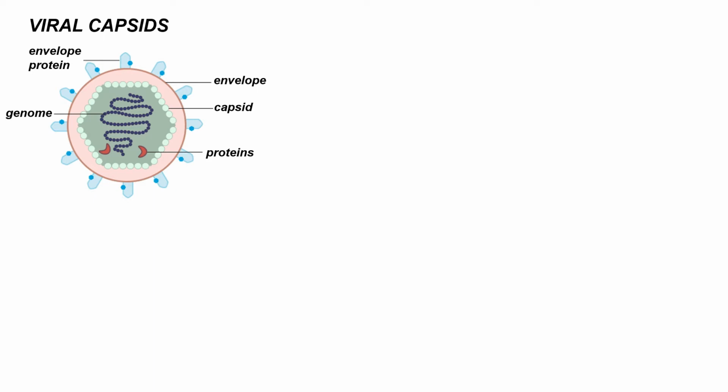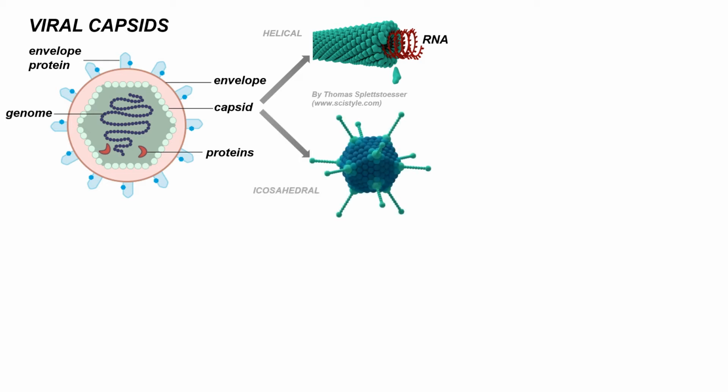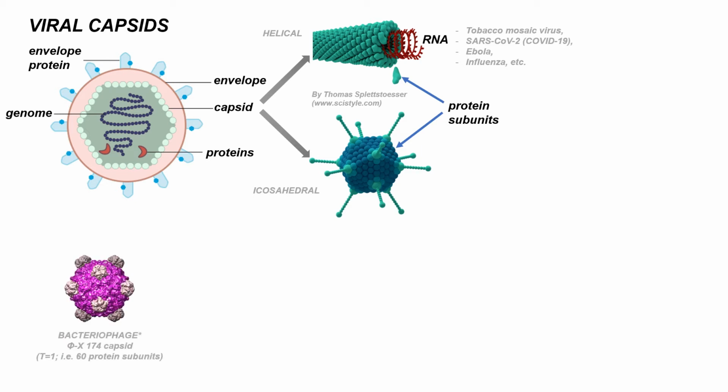parts of viruses. In general, the capsids come in two geometries: a helical arrangement of protein subunits that contains the genome, or an icosahedral arrangement that has 60 protein subunits or its integer multiples, such as 120, 180, or 240 proteins, and so on. Some viruses, such as COVID-19, Ebola, or influenza, pack their genome into a helical capsid. Others develop icosahedral capsids. For example, a type of bacteriophage forms an icosahedron from 60 proteins, defined as T equal to 1,